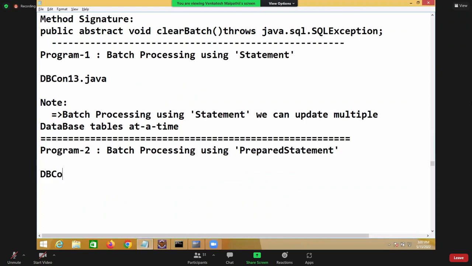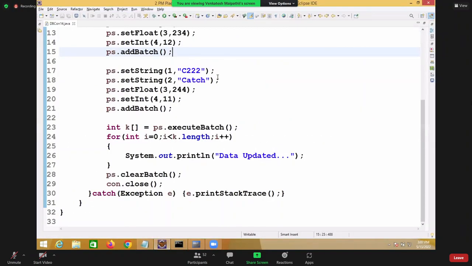Under this, anybody writing this? So note: